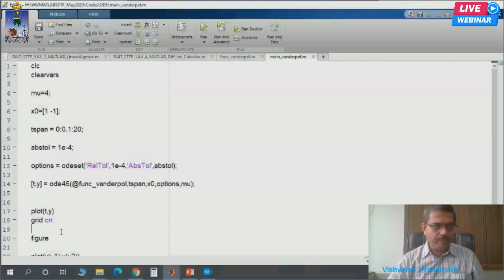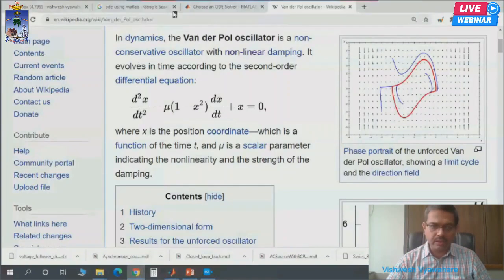I hope this makes it clear. I agree that there is only one example, and I could have taken more, but we don't have time, and we have to go to the next thing also. But you can explore, as I said, it's very easy in MATLAB to learn something, and there is a huge amount of help available online. You can just Google MATLAB ODE solver, like I have done here myself.